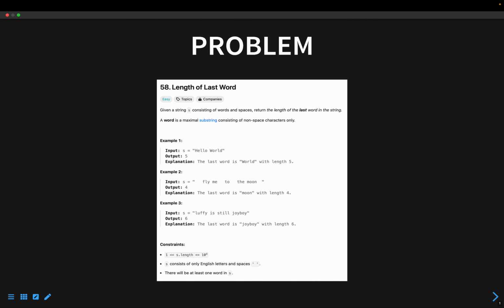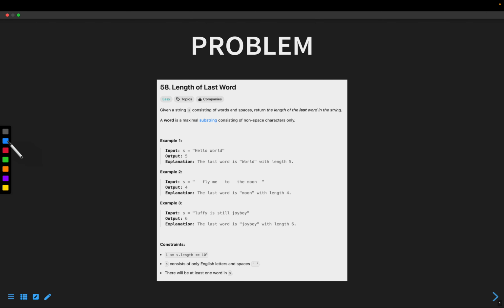A word is a maximal substring consisting of non-space characters only. So what it says is that anything other than space can be counted as the length of the word, and what we want is the length of the last word. So there are multiple ways to solve this problem. One way can be that we split the words into multiple parts like hello and world, and then iterate over those words and then find out the length of the last word. In this case, once we split the word, we have to save them somewhere. So space complexity will be O of n again,